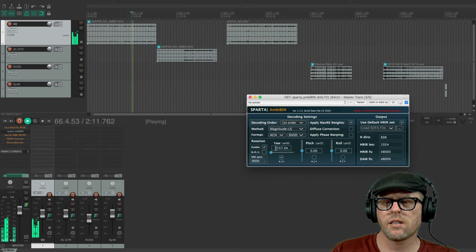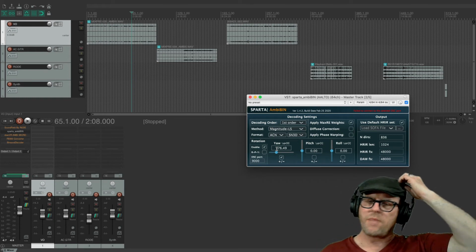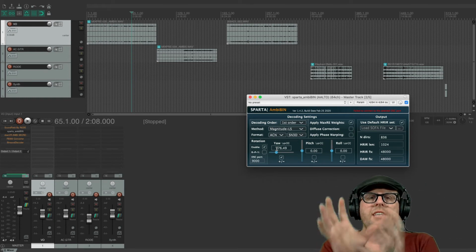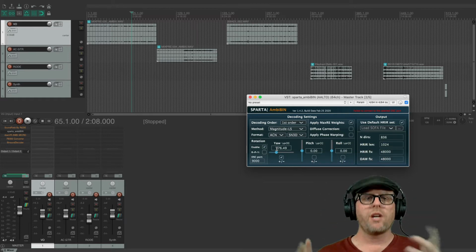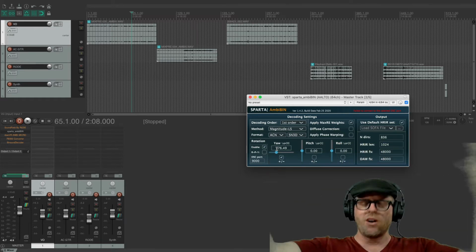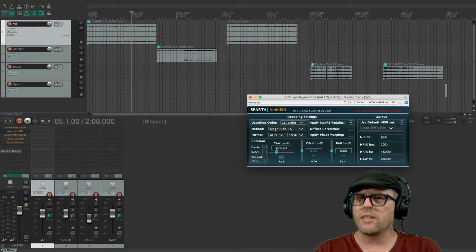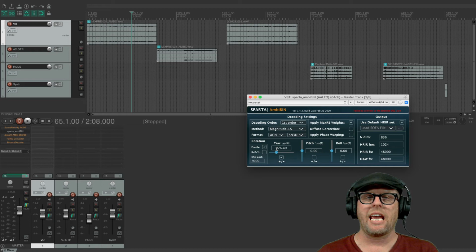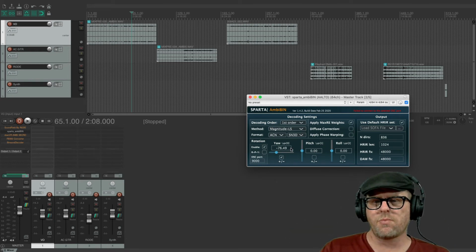This one's called Put Something In. So you're definitely getting a lot more room in there. You could hear a lot because it makes sense. It's as if I had a dummy head sitting a foot and a half away from me. And if you were in this room and I was speaking to you, you would have all this room reverb coming in as well. So sometimes you want that. It's going to give you a sense of space. And so we can't mute that sense of space, but it's very natural. It sounds pretty natural to me. So I can adjust, I'm kind of rotating it around, but it should probably only go like...